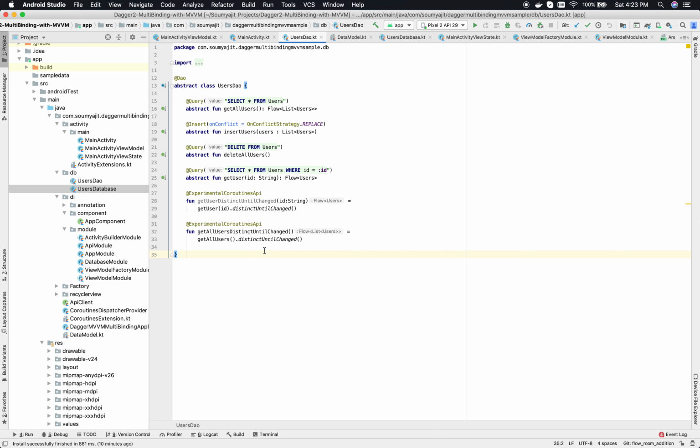So what I am saying is, suppose there are 5 data items in the table, and out of them only 2 have changed and the rest 3 are the same, then we will only have the changes observed for those 2. We don't want all the repetitions, so we will be filtering out the subsequent repetitions for the same value.